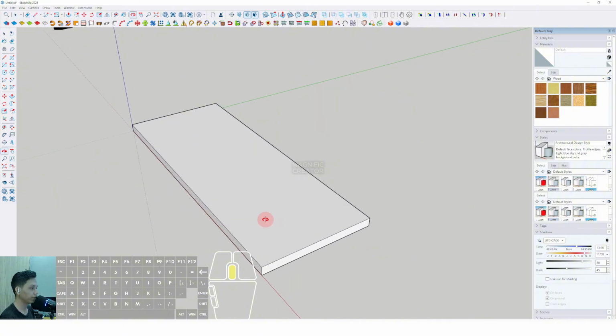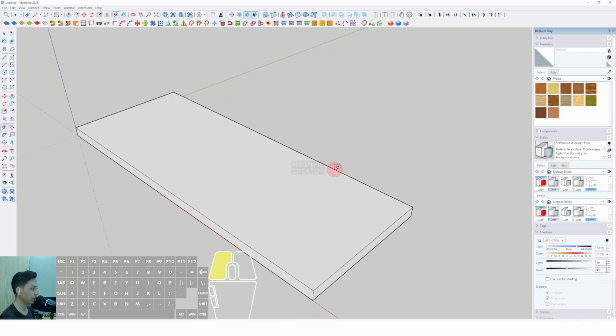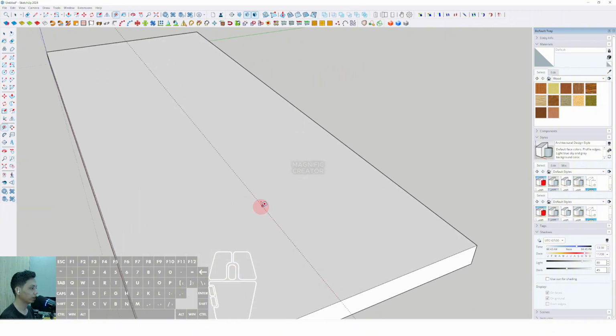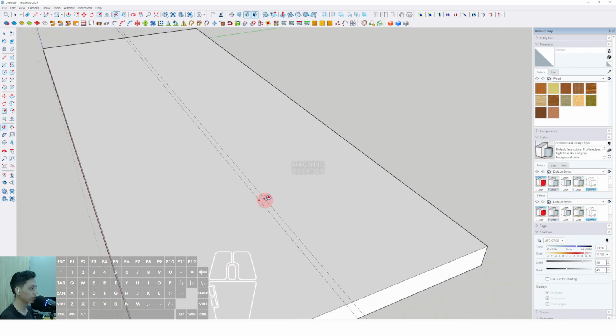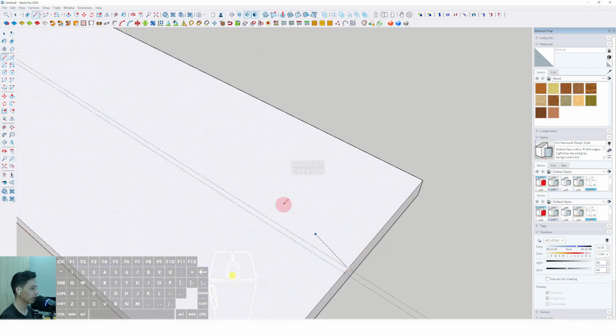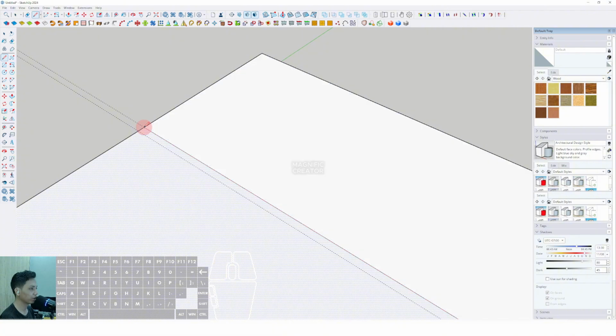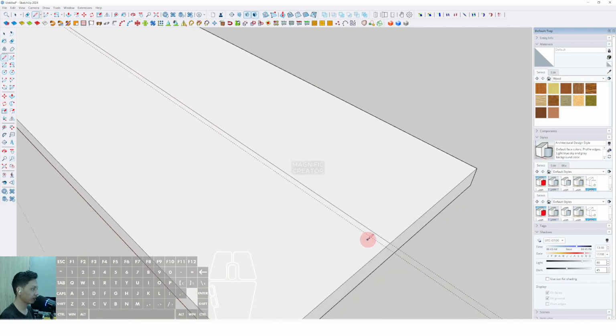Okay, then now we can click the tape measure tool, click this edge and place it to the middle of this board, and click this guideline again and move to the back or the front around 10 millimeters, enter. Then we can click this line and click this intersection and click to this intersection, and again we can click this line, click this intersection